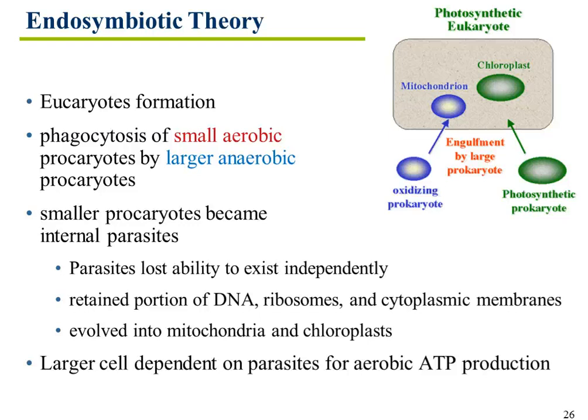I think this comes up actually in another chapter on classification. So I'm going to talk about this really in lecture. This is called the endosymbiotic theory, and it connects the evolution of eukaryotic cells to prokaryotic cells. It's called the endosymbiotic theory, and it basically, to summarize, says that the reason we have the way eukaryotic cells evolved with organelles, which you see on the picture, chloroplasts and mitochondria,